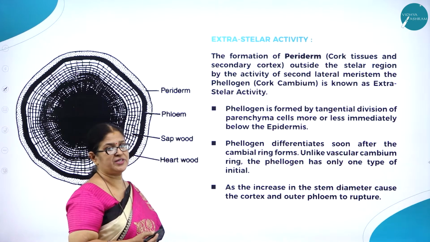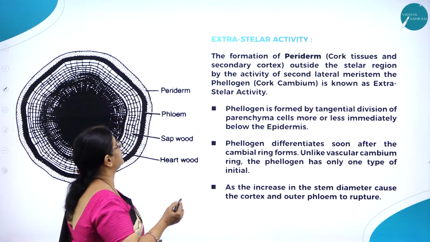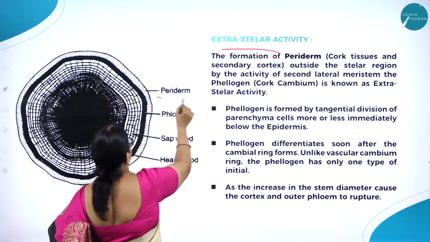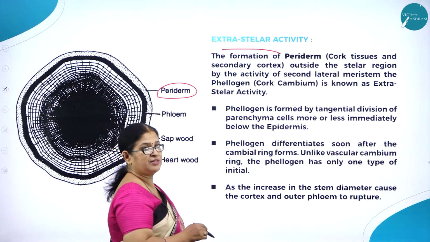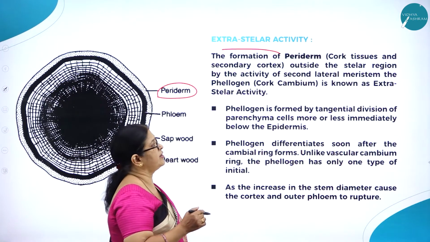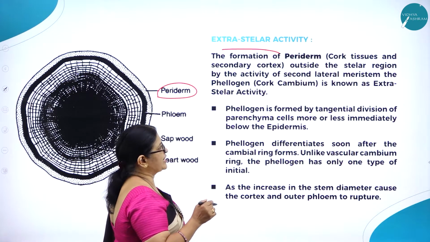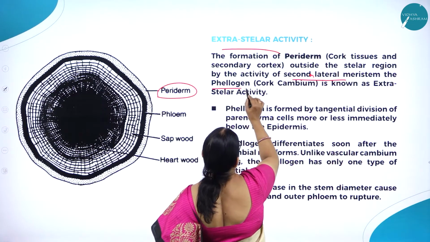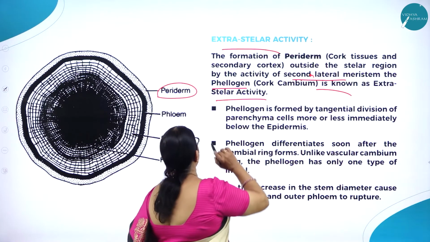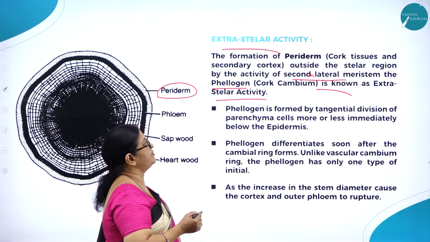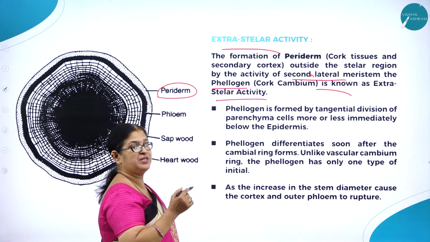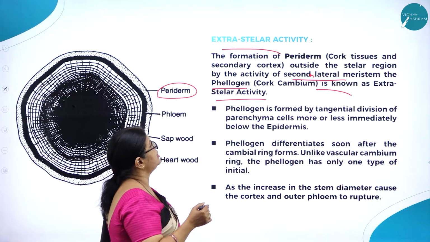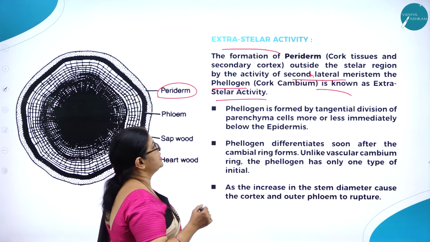So far we were studying about intrastellar activity. Now let us study about extrastellar activity. The formation of periderm. Here you can see the periderm. Formation of periderm, which is otherwise called cork tissue, and secondary cortex outside the stellar region by the activity of the secondary lateral meristem, that is the phellogen, is known as extrastellar activity. So what is extrastellar activity? The formation of periderm. Peri means what? Outermost. Cork tissues and secondary cortex outside the stellar region by the activity of the lateral meristems is known as